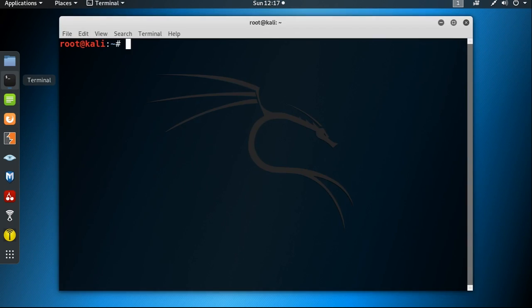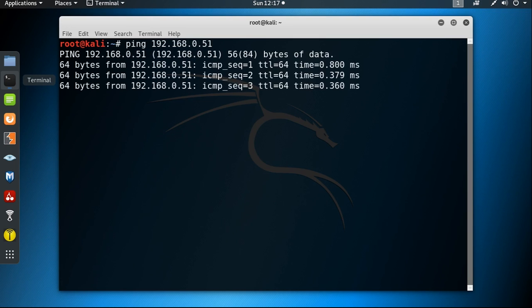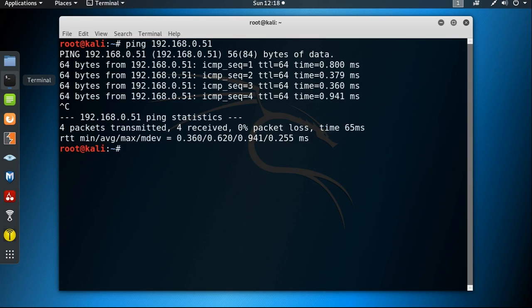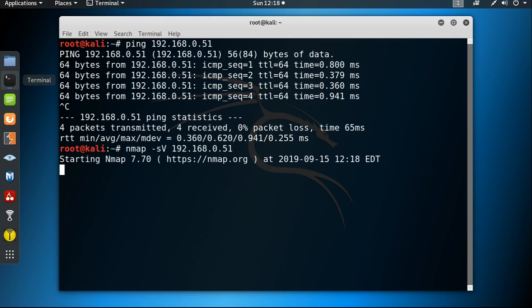Now suppose our target is 192.168.0.51. Let's use the tool nmap to find out which services are running on that particular system. Let's wait for the result.